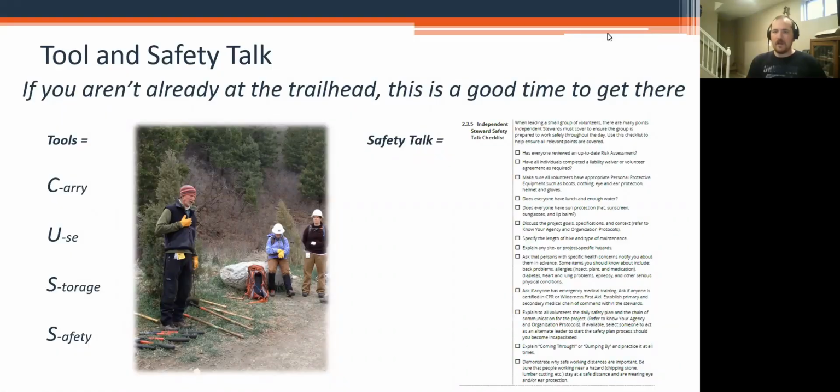And then safety talk, we've got the checklist in the trainee guide. It is really modeling that start of day safety talk, going through all the things that we need to be aware of, making sure everyone's got their water, food, PPE, and the list goes on, understanding who's got what first aid certifications, making sure everyone's aware of the emergency plan, how far are we hiking in. I'll stop there. I don't want to belabor it. There's a printed out list. It's an opportunity to go over it with the class.